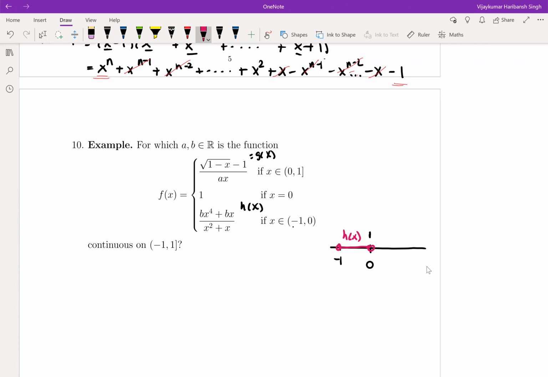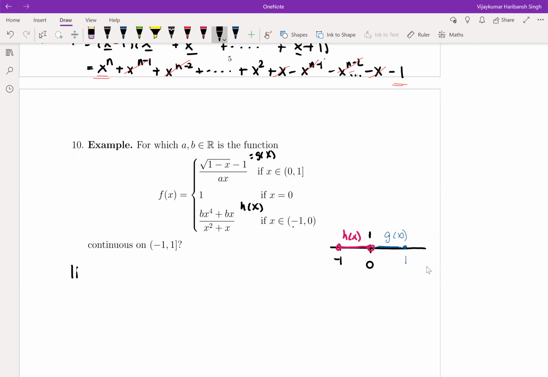And on the other side, until 1, the function is defined by g of x. So on both sides of 1, the function is defined differently. So now we need to find out values of a and b such that this is continuous on -1 to 1. So for that, what we need is